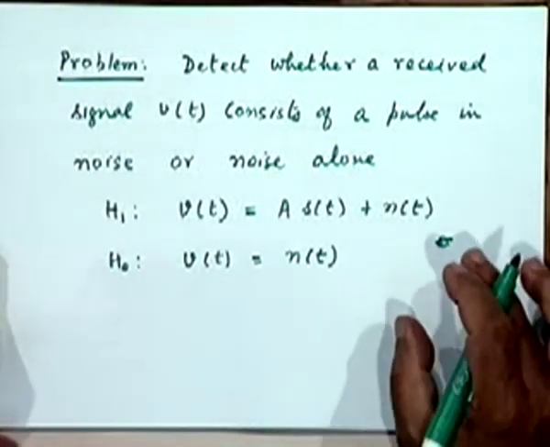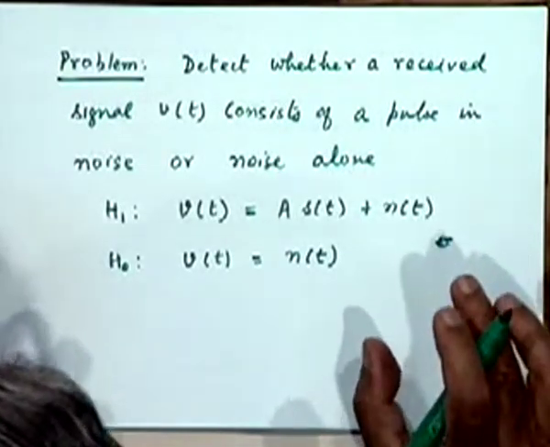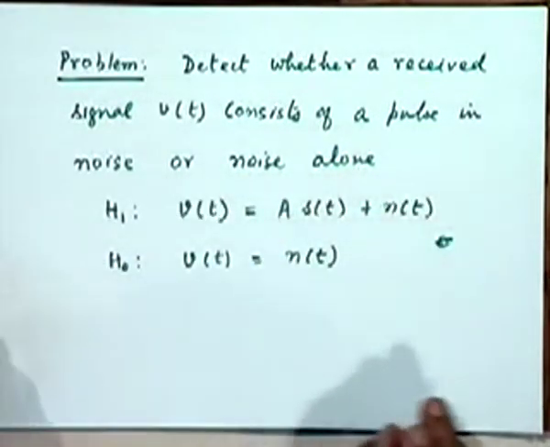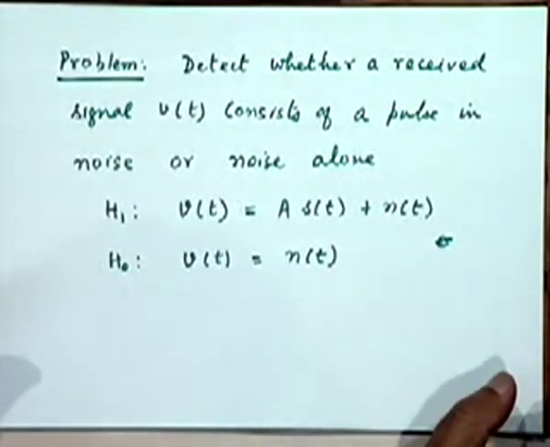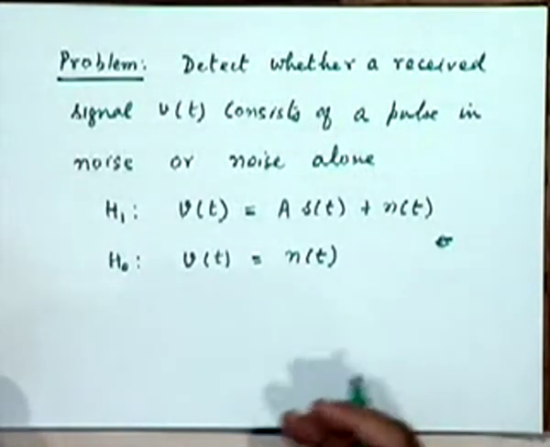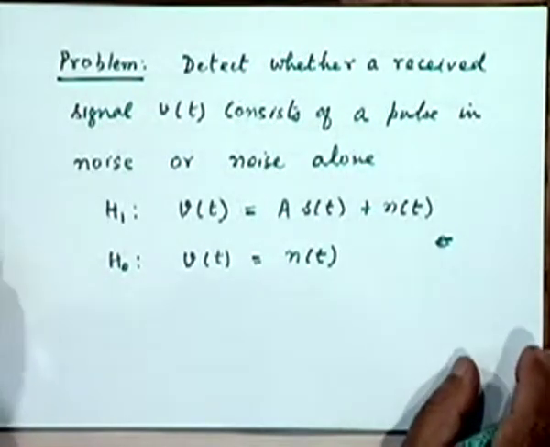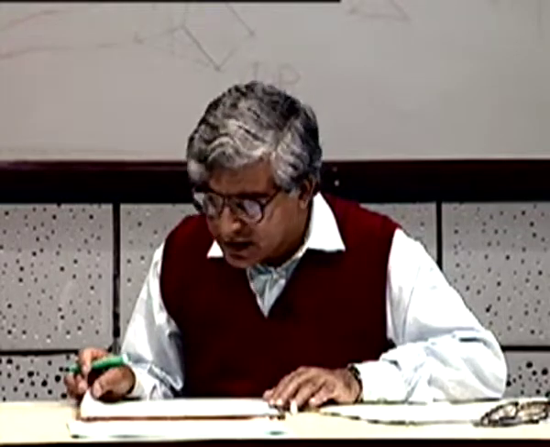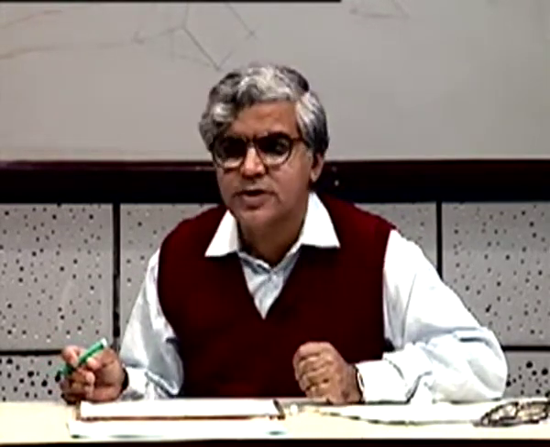Now, if you were to take the proper mathematical approach, one would start just with this problem and the assumptions that you already made, and nothing more than that. That is called a non-structural approach. That is, just start from the problem and the solution will itself tell you the structure of the processor that one has to finally adopt. But because we are not really equipped here with the tools of statistical hypothesis testing theory or detection theory, we will have to take a structural approach.